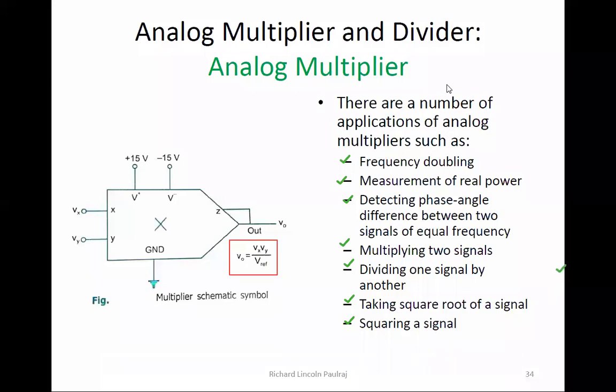So these were some of the limited applications of an analog multiplier. Based on how you connect it, we will see quite a few of them. Probably I'll be taking up squaring of a signal, and maybe square root. So one or two applications I'll be taking with the analog multiplier, and we'll see how it works. This is just like a black box: I have some inputs, I'm giving a supply, I am getting an output. Inside, we will look into it.